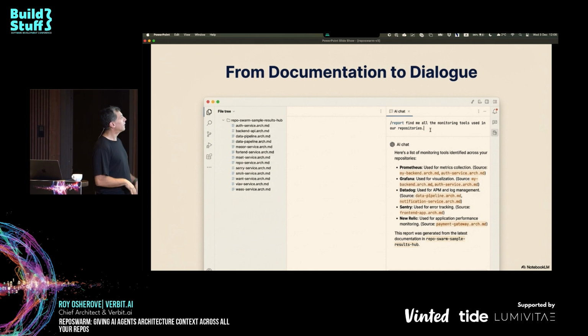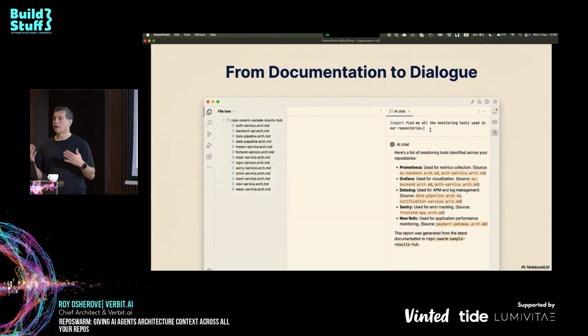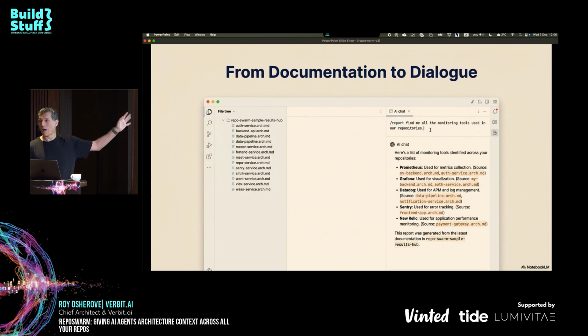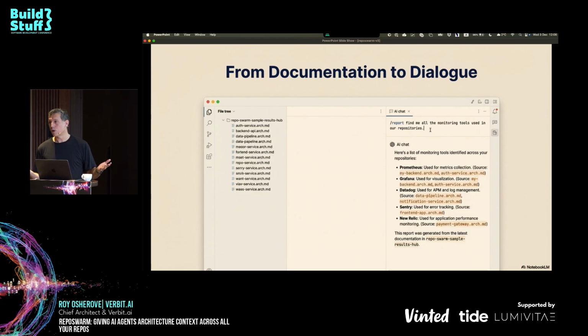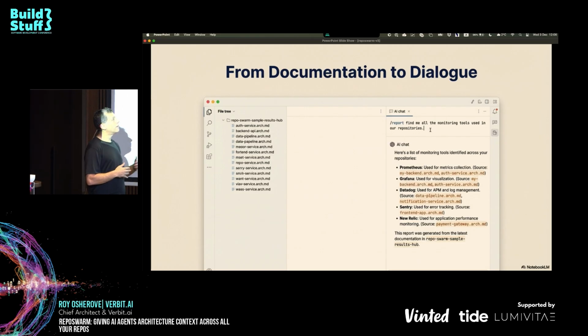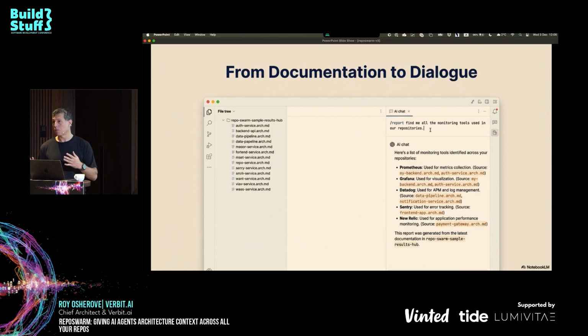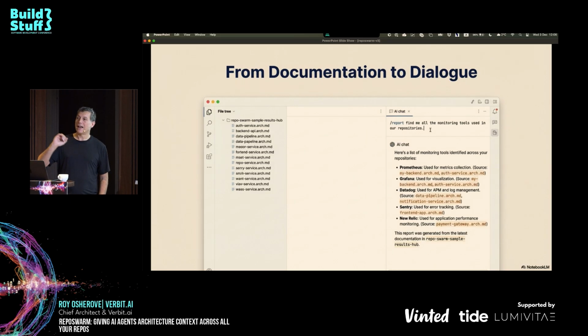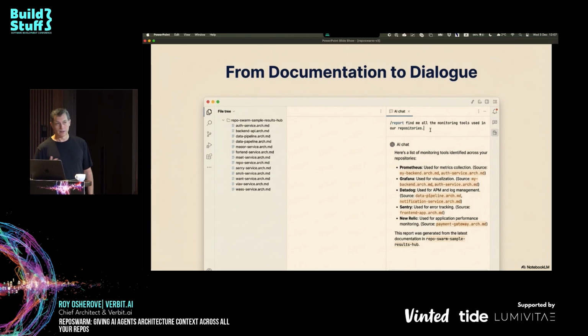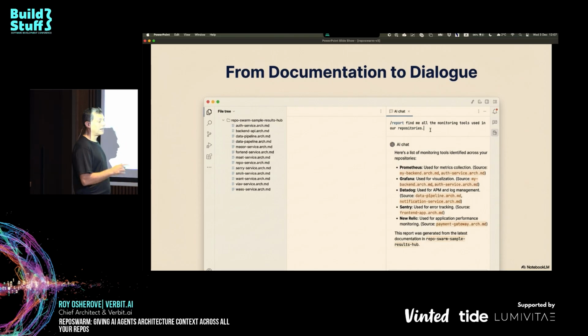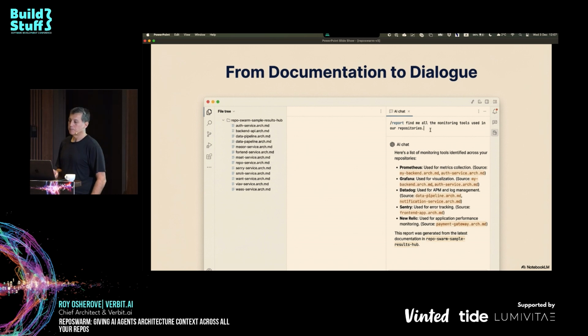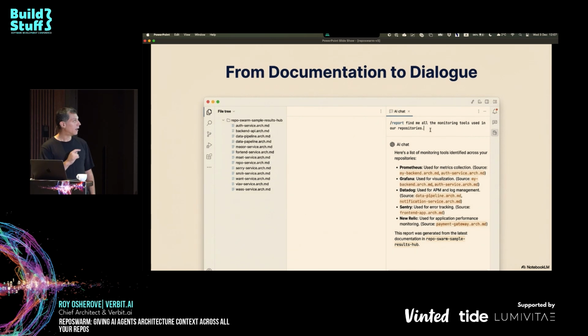First level is you can literally open it up in a tool like Cursor, open the architecture hub repository, and start asking questions. So imagine I'm an architect and I want to ask, give me all the monitoring tools that we have today. I open this and within probably 2 to 3 minutes, I have an answer that I trust about 90%. Why 90? Because it's still an LLM. It is not fully consistent, and we need to check it multiple times. And I'll show you what it looks like.